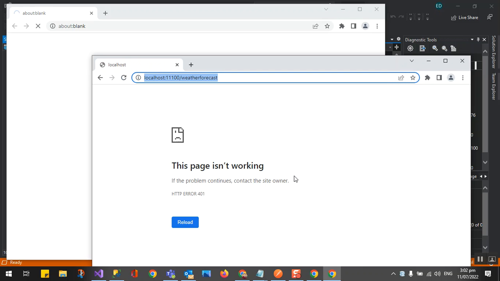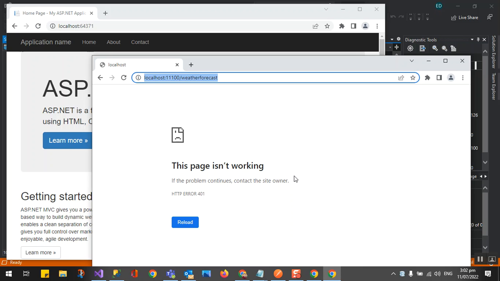Yes, you can see we have weather forecast with API here, and it's not working. It's HTTP error 401, which is basically unauthorized. Meaning we are not able to send the token as a header request, so that is why it's returning an unauthorized request.